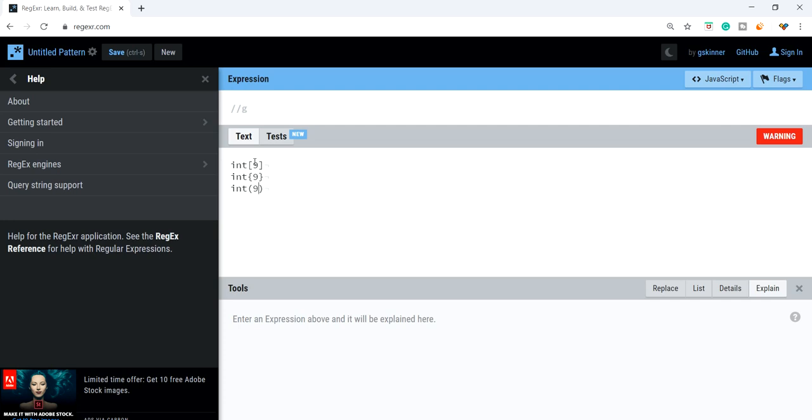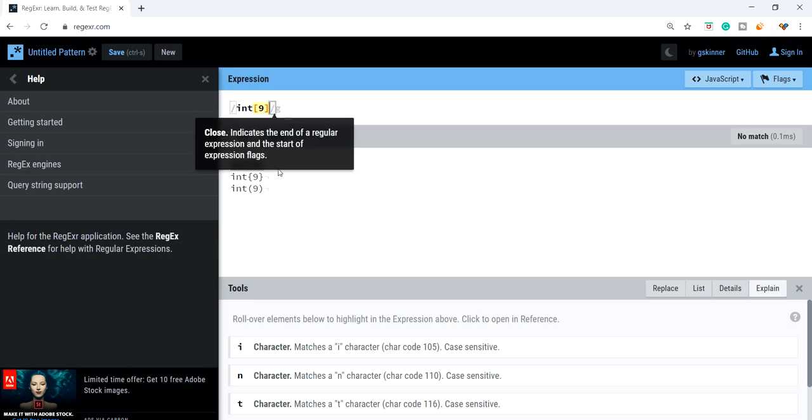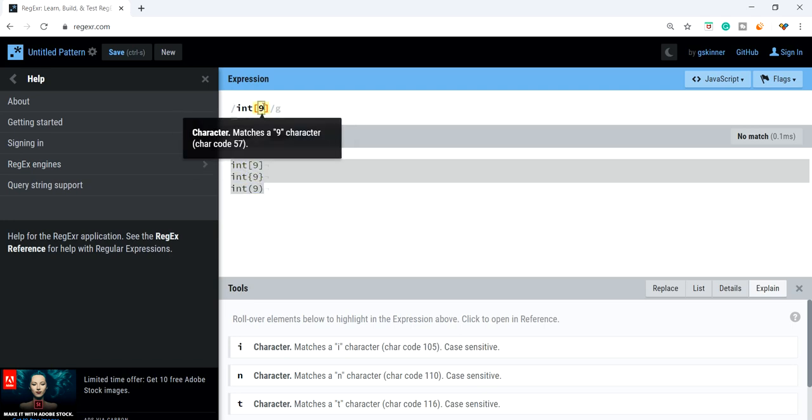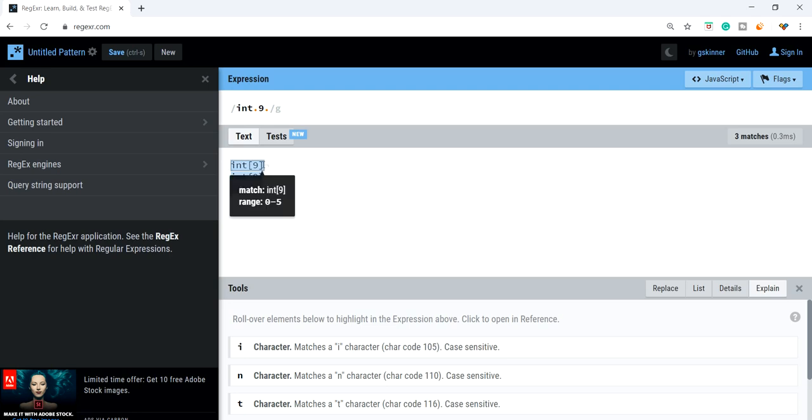Basically regex is used in compilers, where they detect all the brackets. If we are missing one, then as per regex they give the error. Now we need to write regex for this. So what I'll do, I'll copy this and paste over here. Now, so as to match these 3 strings, I'll write dot on both places so that it will match all 3 of the strings.